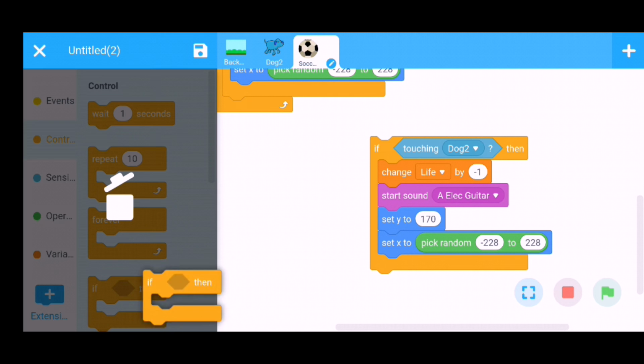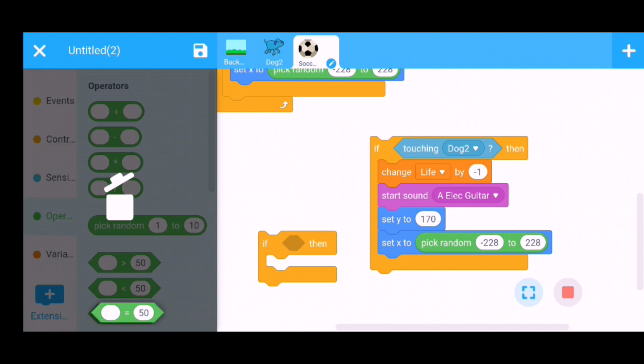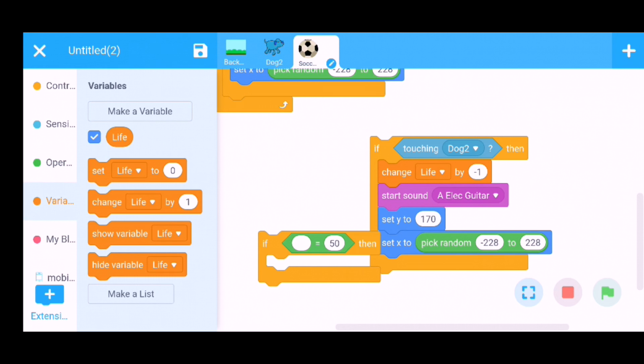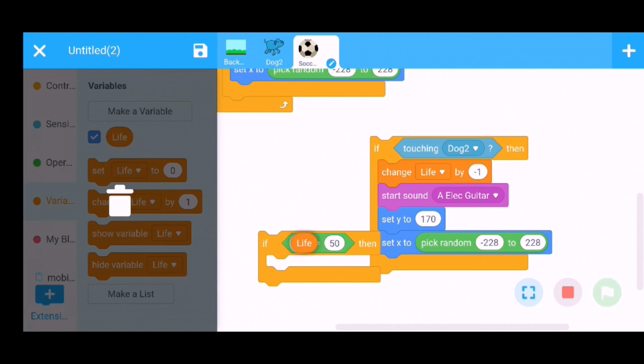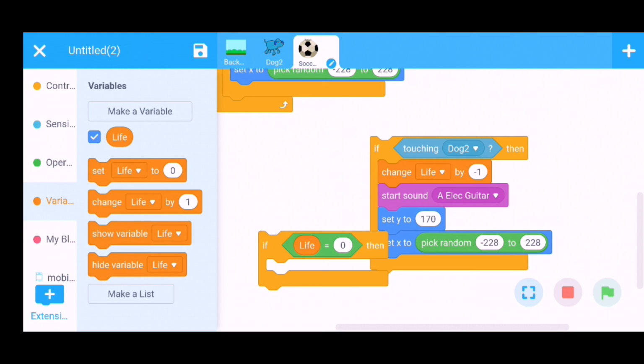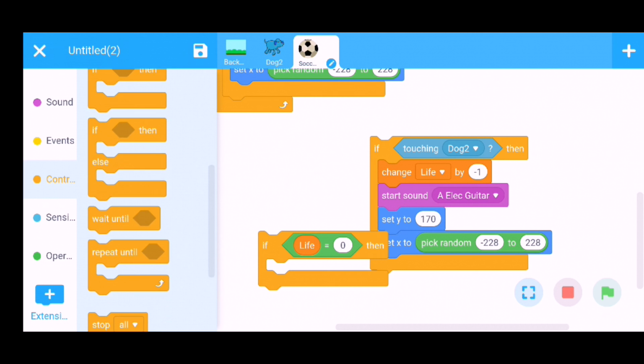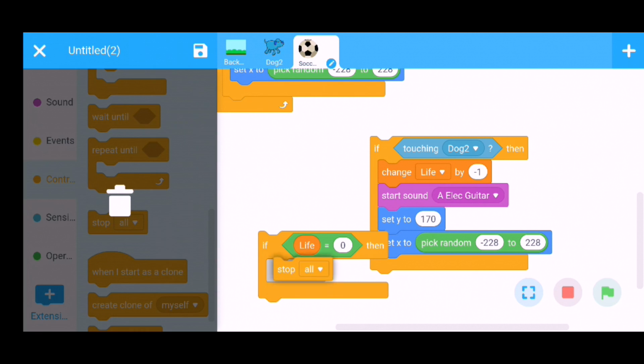Go to the control section, use the if then command. Go to the operator section, use the equality operator. Go to the variable section, use life. If the life variable is equal to 0, then stop all, which will stop the game. Then go to the control section, use the stop all command here.